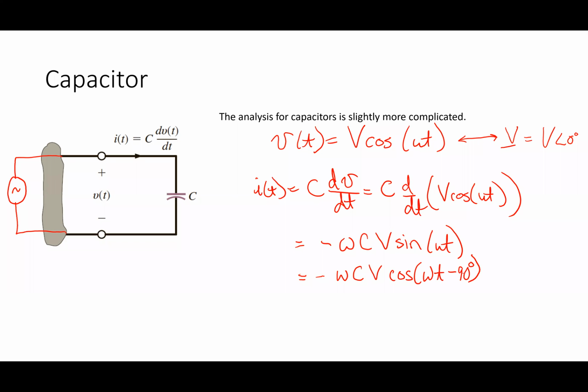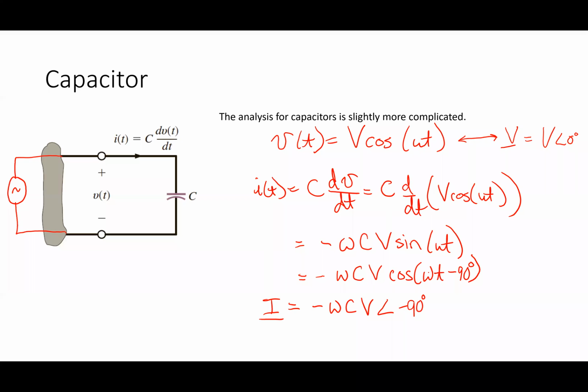Okay, like that. Now, if I'm going to come back and do this again here in a second, assuming I had maybe a phase shift in that. So I do my phasor for this. What is my phasor now for I? Negative omega CV angle negative 90. Yeah, that's right. So looking at that, I see that